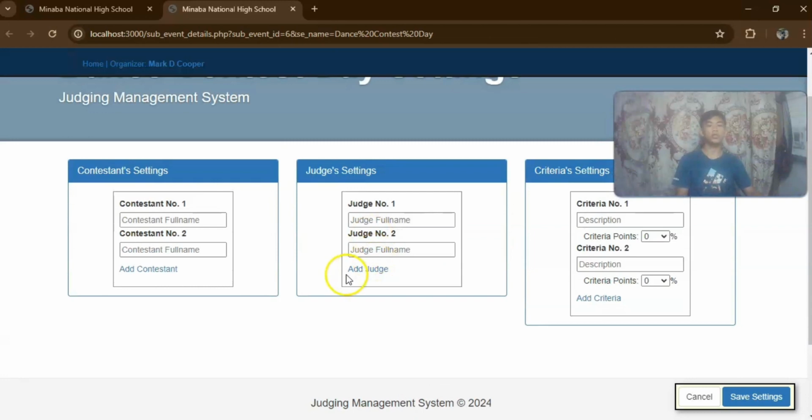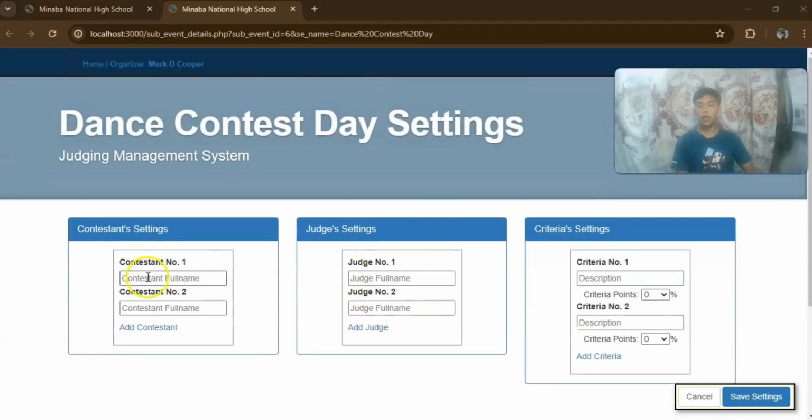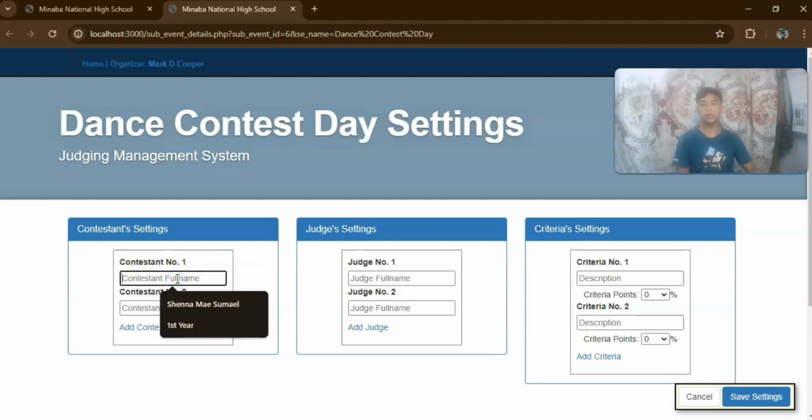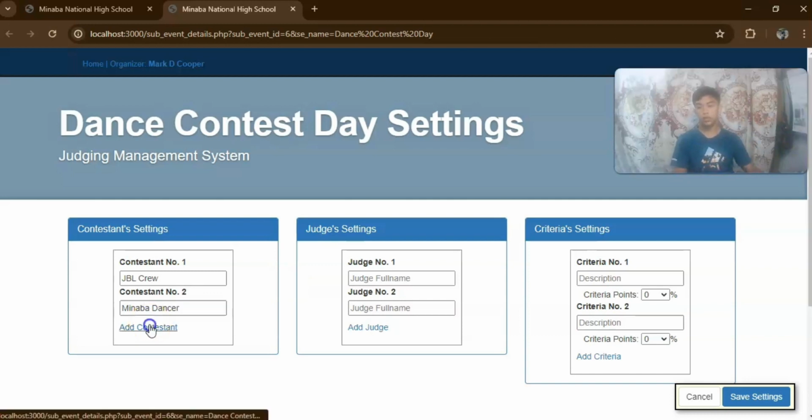This is the part where I said we're going to add a contestant, a judge, and a criteria. First, we're going to add a contestant, for example, JB Crew, the Dancers.